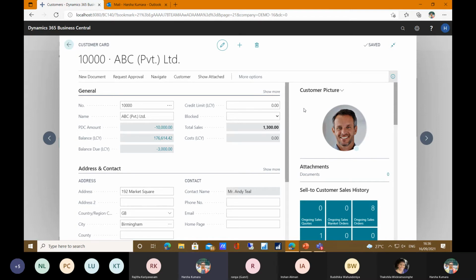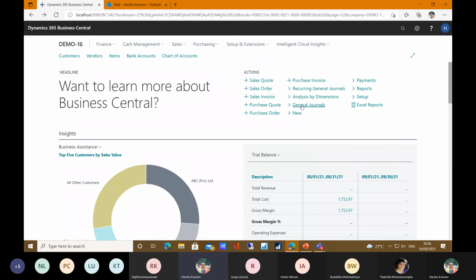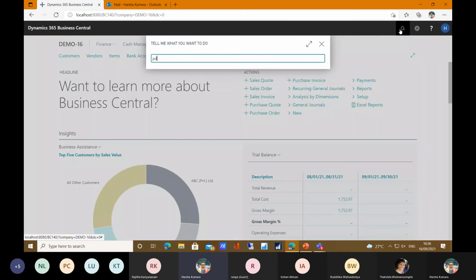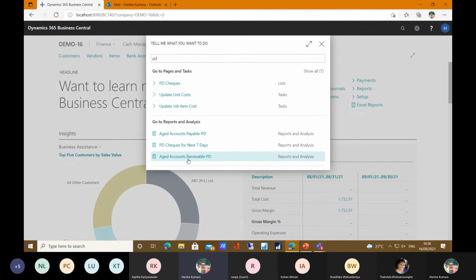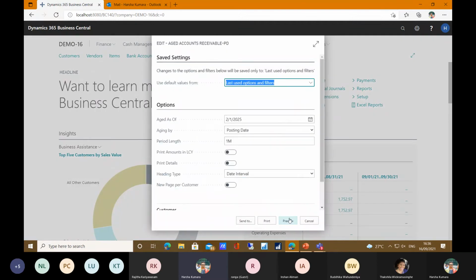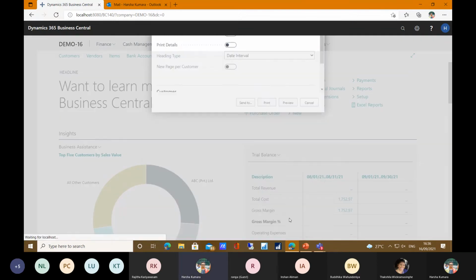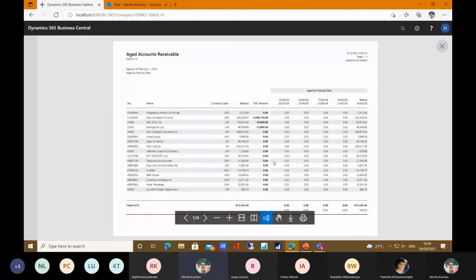Also, when we go to the report level for the PD check, we have developed a PD check receivable report. In the receivable report, we can see your PD checks in hand balances by customer.